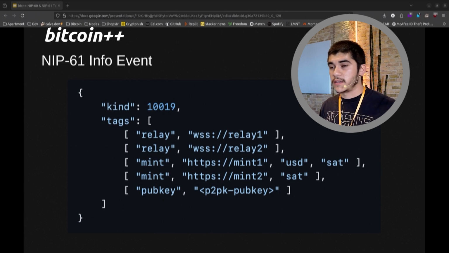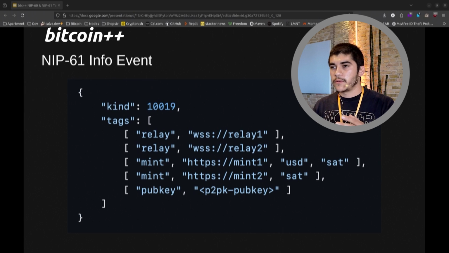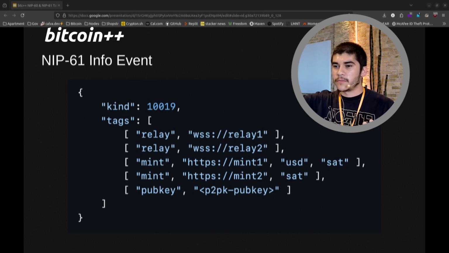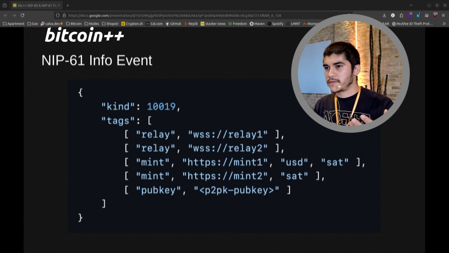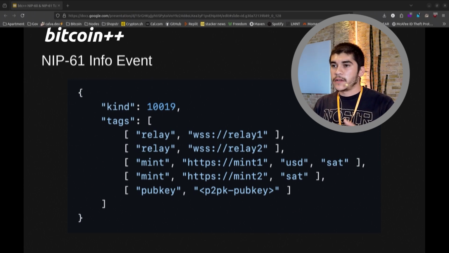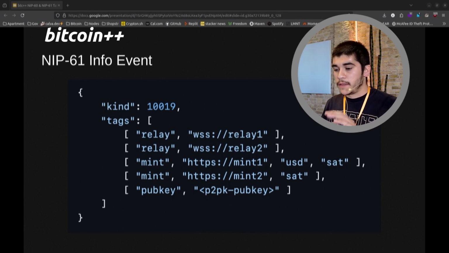So yeah, this is just the NIP61 info event. This specifies the relays that you want to be receiving the zap event to. So in order to actually have them shown, displayed on the client, like if you zap and then that zap event gets published to some relay that you did not specify, no one's going to be able to find that zap event. And it specifies the mints and denominations that you want to be receiving ecash in. So whatever different mints you're using and the specific currency that you're comfortable receiving the ecash tokens from in that specified mint. And then the pub key here,